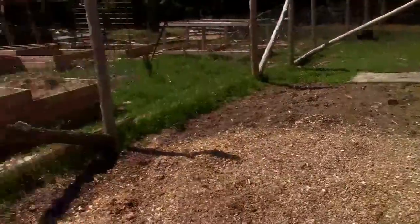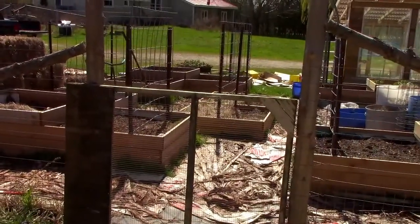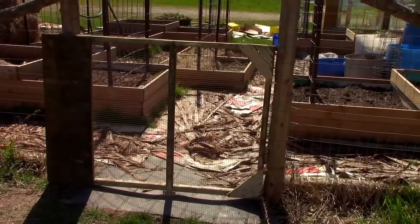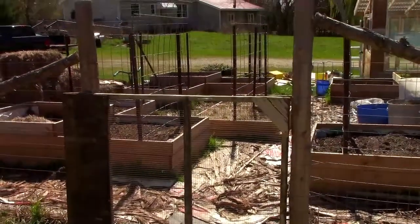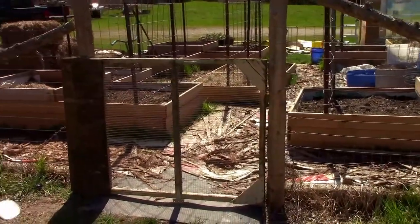So, on the list for today, a gate. Right now we have a temporary gate. Sort of works, sort of doesn't. It's a deterrent, but it's kind of annoying, as Chris has said numerous times now, because you have to kind of lift it out of the way. So we want a proper gate. Over there,